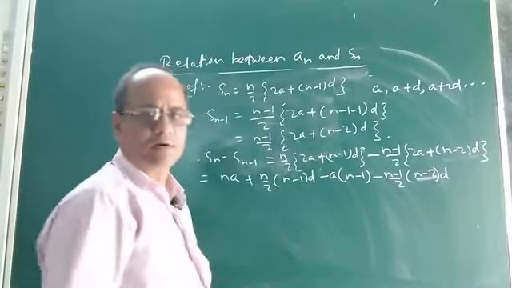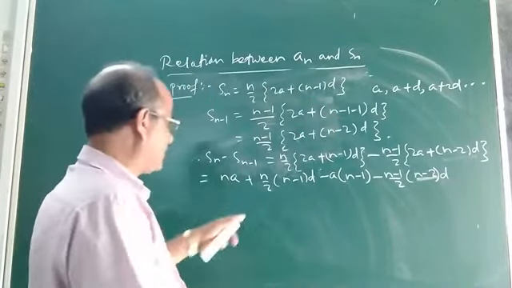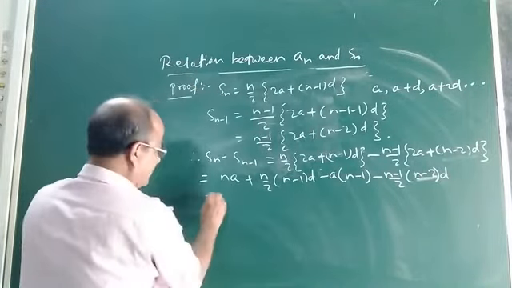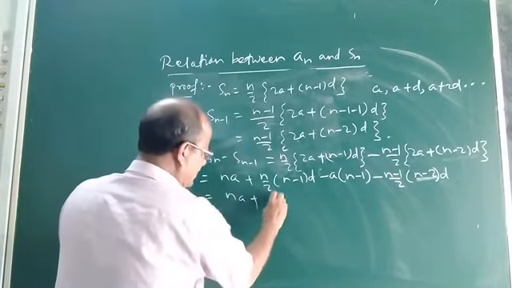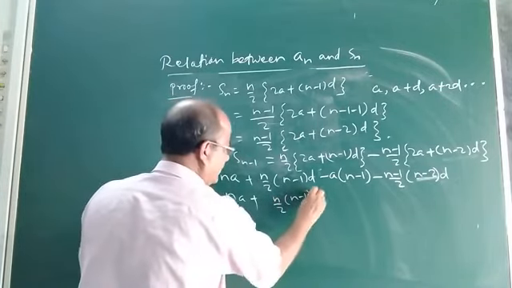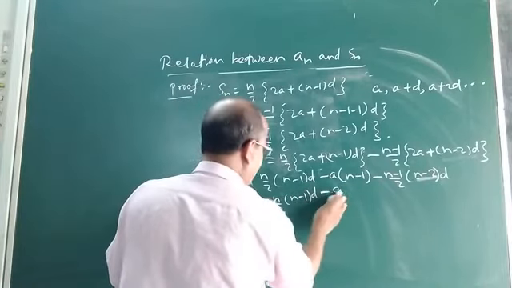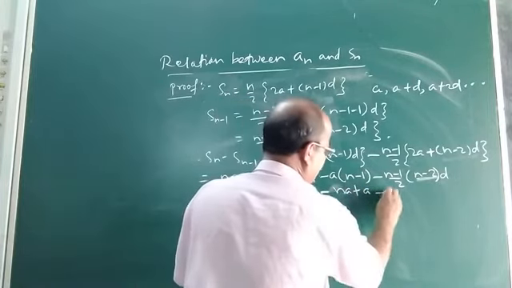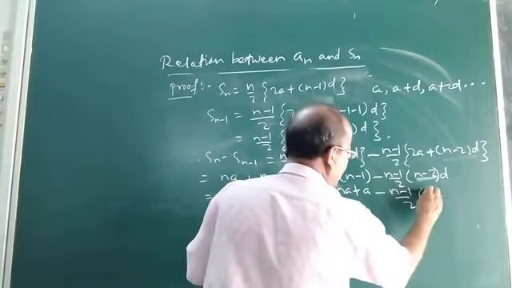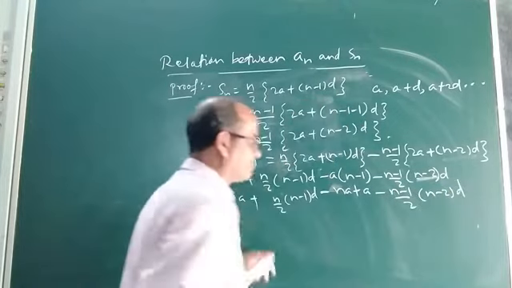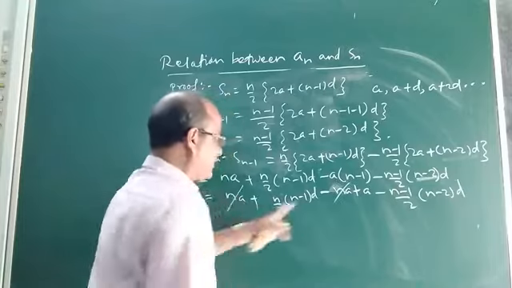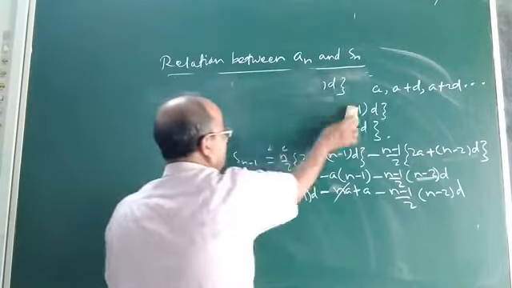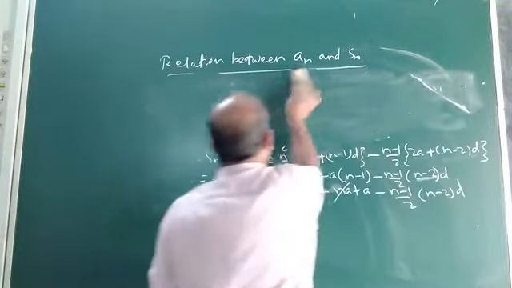Okay. Now again simplify it further. You see how to simplify it further. So you multiply this one. So this is na plus, let this be constant, n by 2 into n minus 1 into d, minus a into n minus 1, it is minus na plus a. Then let this term be constant, n minus 1 by 2 into n minus 2 into d. You see. Now look at na and na cancel. Okay. Now, what will it give you on further simplification?